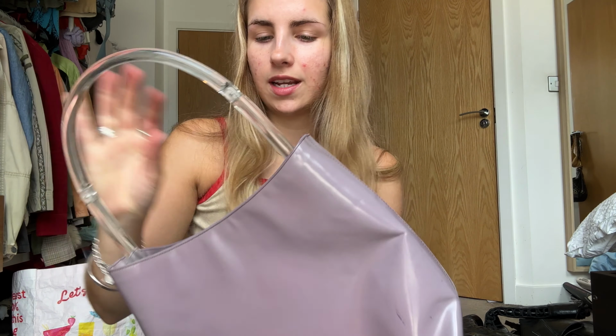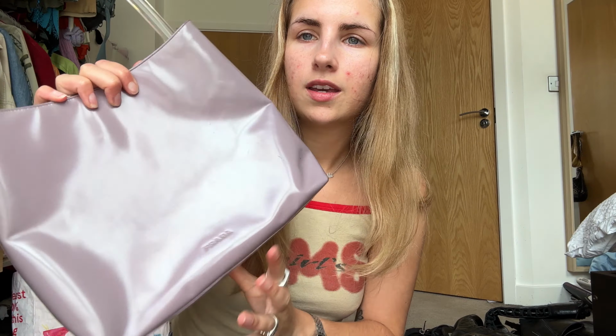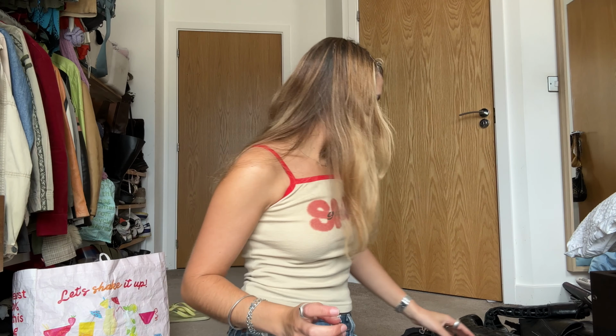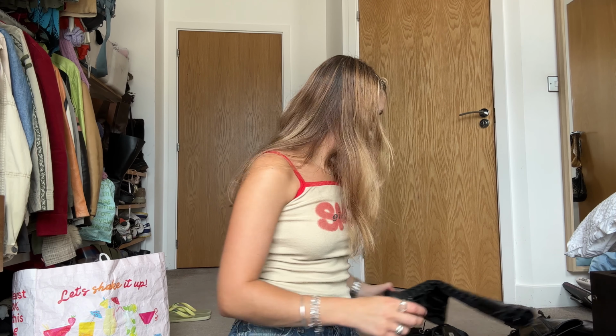This one's minimalist and I can't explain why, but it just is. I guess obviously it's just one colour, but I'm thinking of all the fun colours that this would look nice against, like khaki. Those two look nice together. And then this YSL bag is just stunning. I love it. Okay, shoes wise, I would say most of my shoes that I'm pulling for this are black, to be honest,